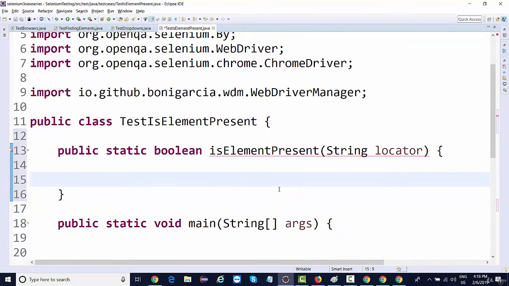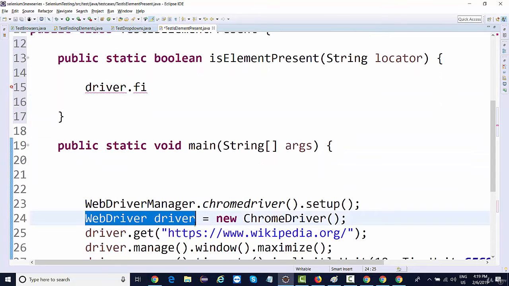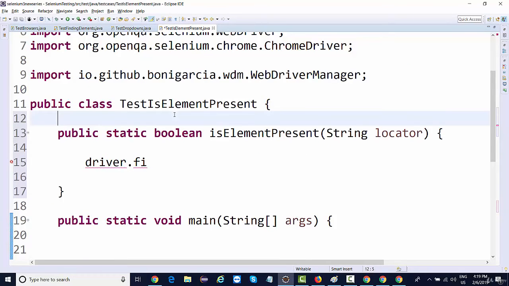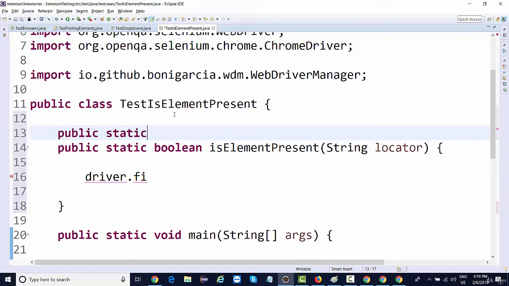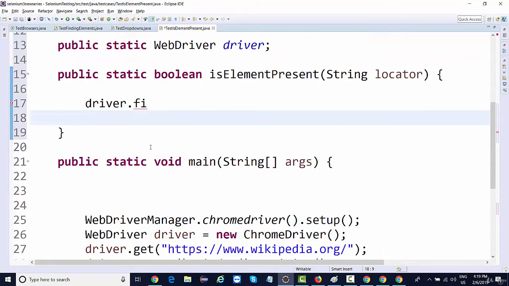Now here, let's say I'm going to logically design it. First I would be needing the driver, so I'll declare it globally. I'll say public static WebDriver driver, so that I can access it over here. If I'm declaring it globally, I need to remove it from here.